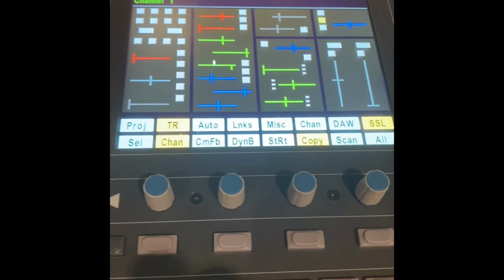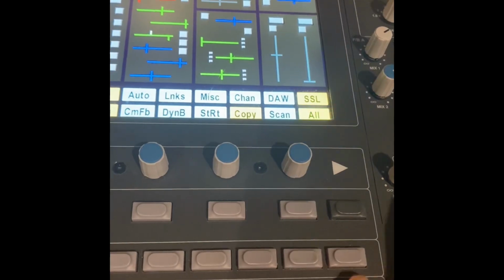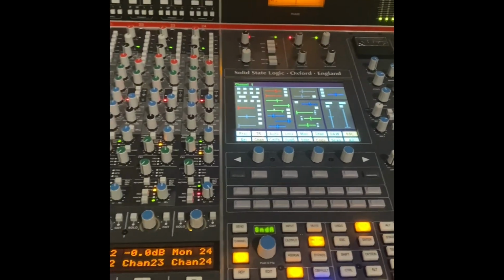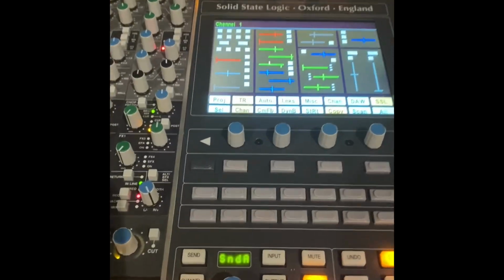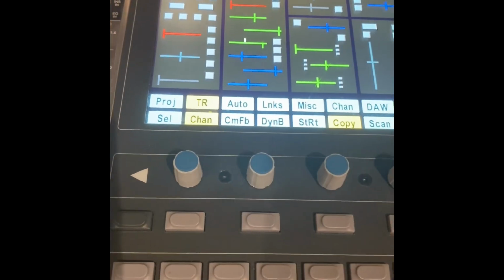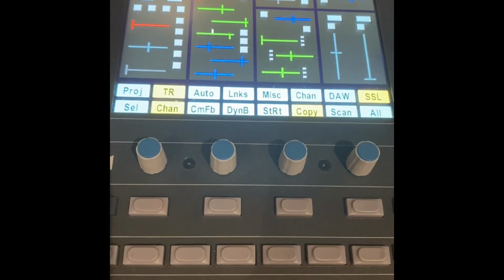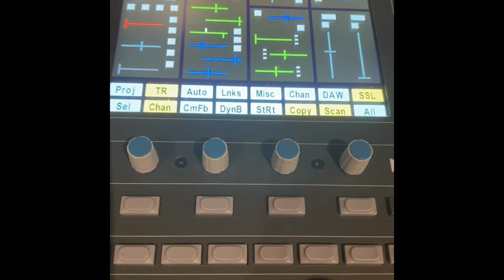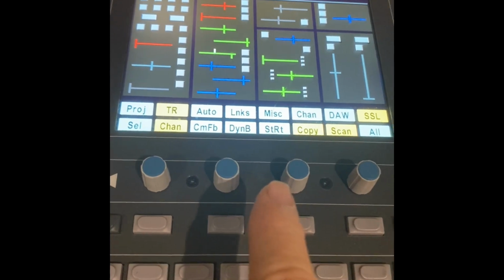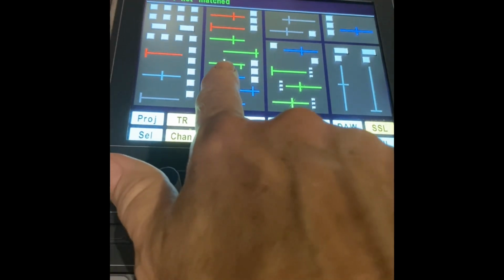All right, so the first thing we're going to do is double click all. And that's going to reset anything on this board that can be automatically reset. But as you will see, there's quite a bit of manual resetting that needs to be done too. And we use the scan feature to have the SSL tell us what needs to be redone. So I'm going to hit scan, and it's telling me that channel 1 isn't matched, and it's telling me where it's not matched. So you can see that little white line there on that green